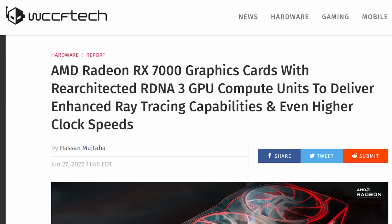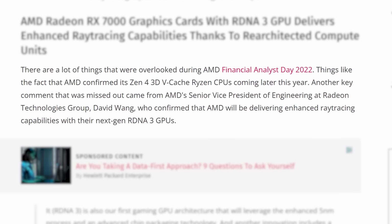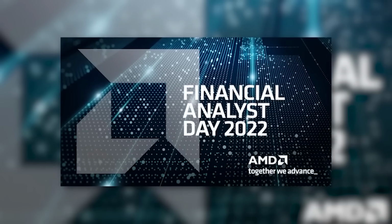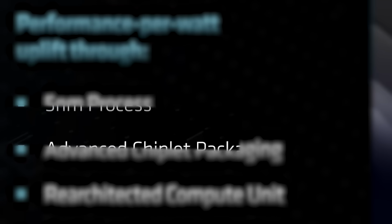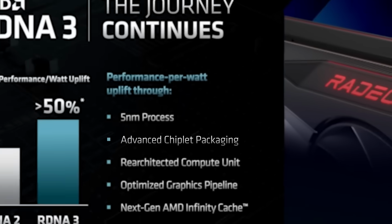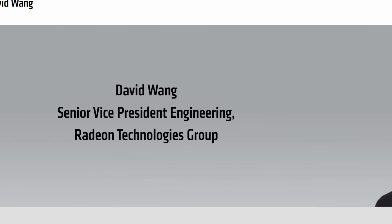Next up, WCCF Tech noticed something that a ton of outlets missed from AMD's Financial Analyst Day 2022. Remember that this is where we got confirmation from AMD that their RX 7000 cards are set to launch with an MCM design, as well as an expected 50% higher performance per watt and more. While discussing RDNA 3,